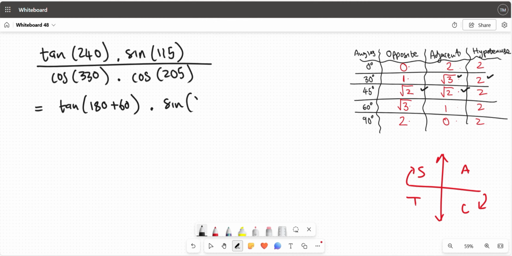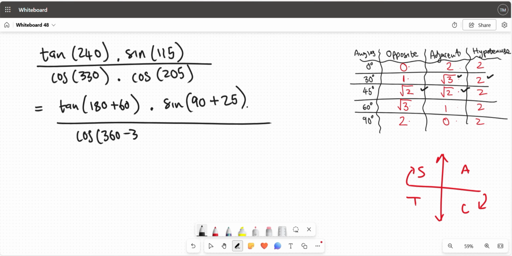Yeah, maybe let's do that. 90 plus 25. And this cos one, I'm going to use 360 minus 30. And this last one here, I'm thinking that needs to be cos of 180 plus also 25. All right. And then what we notice is the tan, 180 plus puts me in that quadrant, and